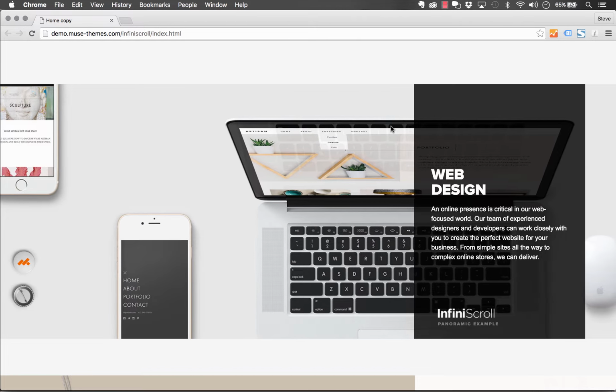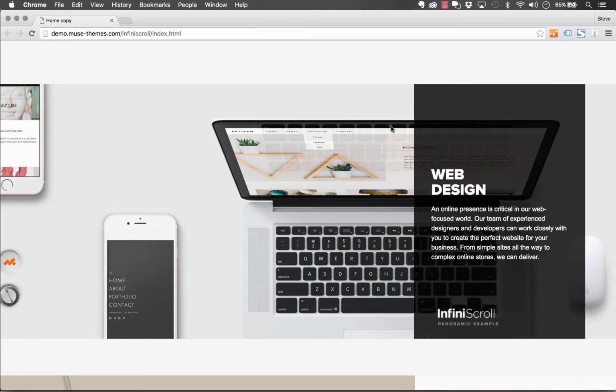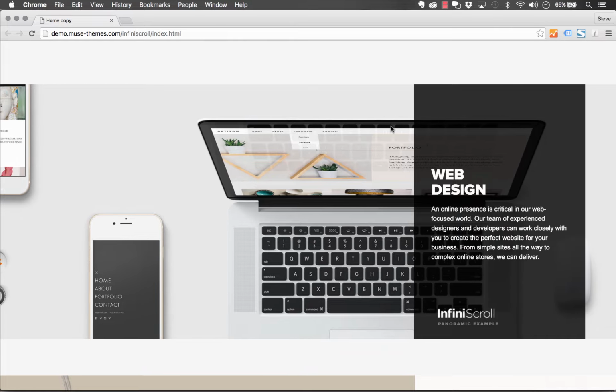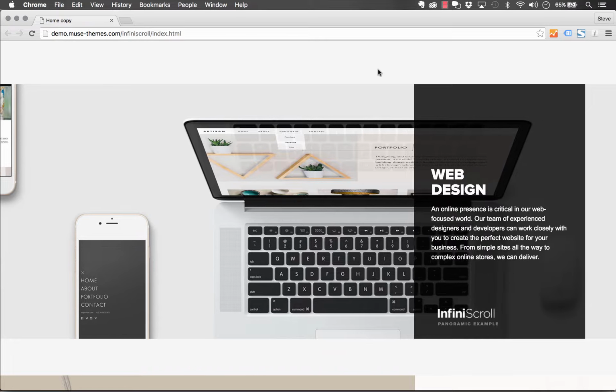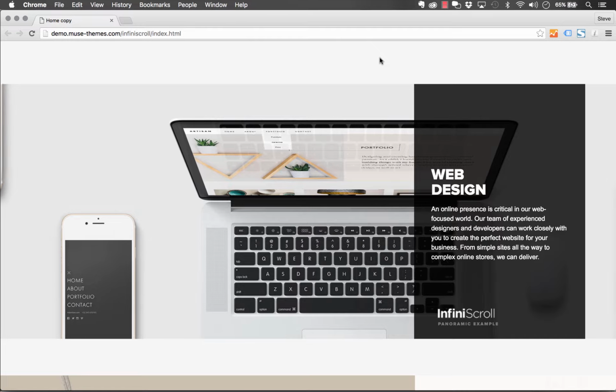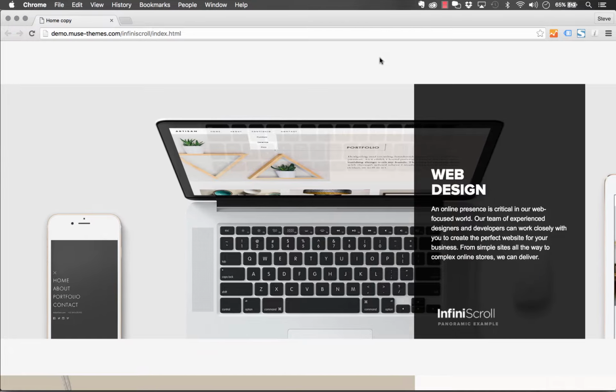Hey guys, it's time to run through a brand new widget. My name is Steve Harris, and this is called the Infiniscroll widget. What it does is it allows you to create an image slider that is continuous and will continue to